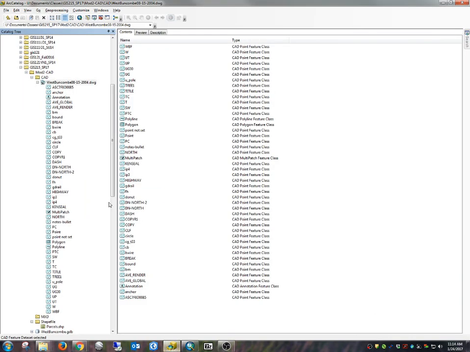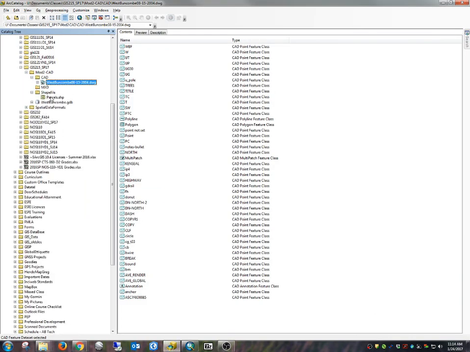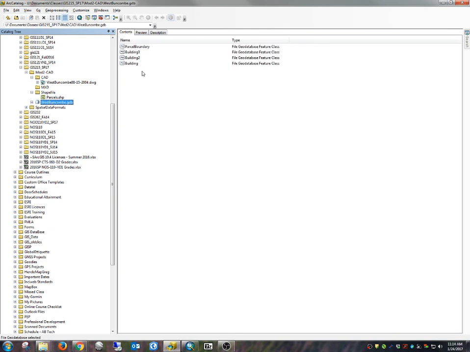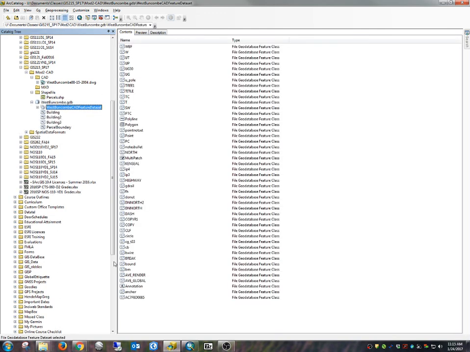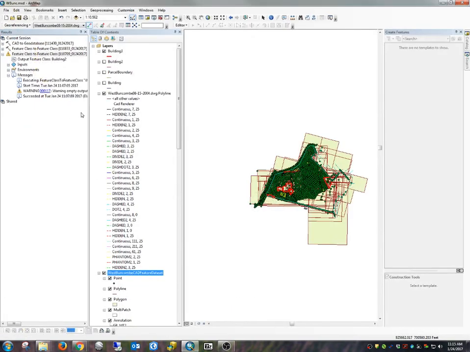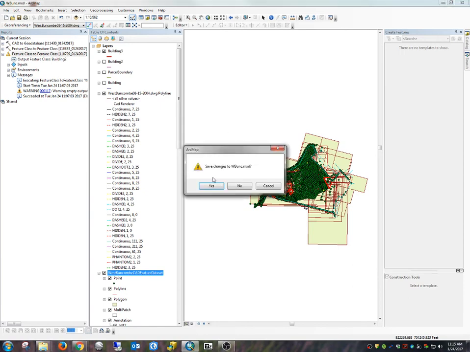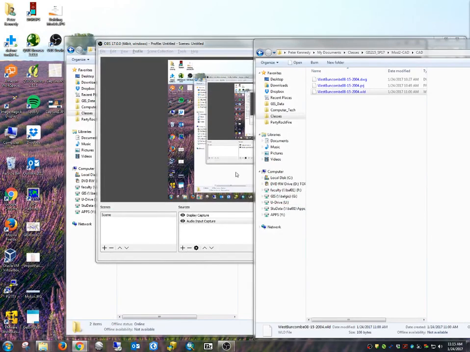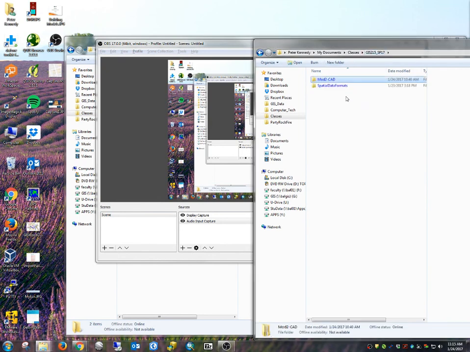So let's go look at our geodatabase here. Here's our geodatabase. I need to refresh it to show that, and it shows all that information in it. Now, again, I usually like to break things out more thematically before I do this, but essentially, you need to zip your geodatabase and provide it to me. Now, before you zip a geodatabase, you need to close ArcCatalog, make sure that everything's in it you need, and not more than you need. You need to close ArcMap, save that, and you zip files in